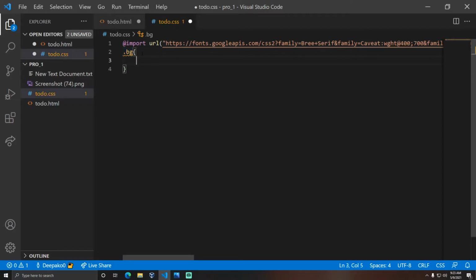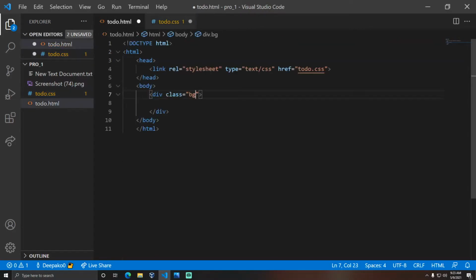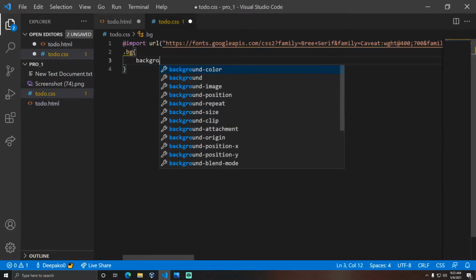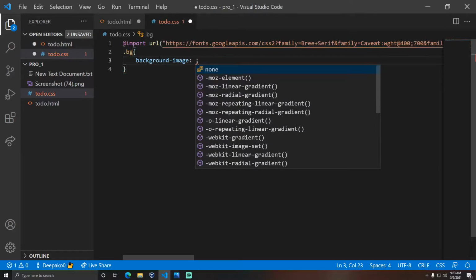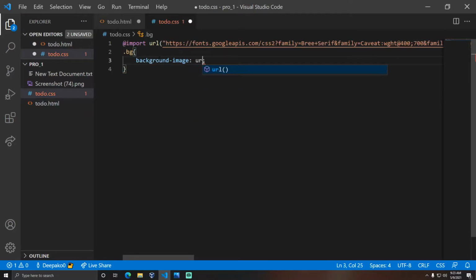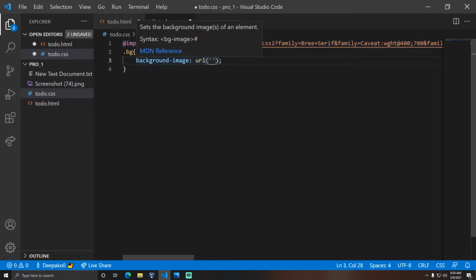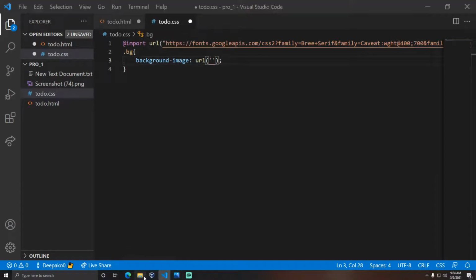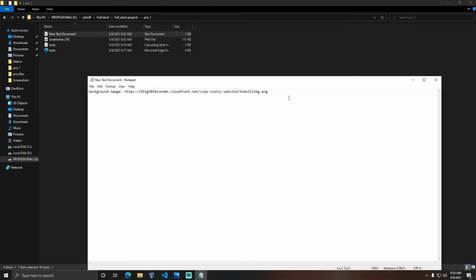And here you need to give the background image property, so I am going to use this background image property. Here you need to install the HTML and CSS extensions so that you will get the predictions like me. You need to provide the background image as a URL, so I am going to paste the link that I gave in the description.